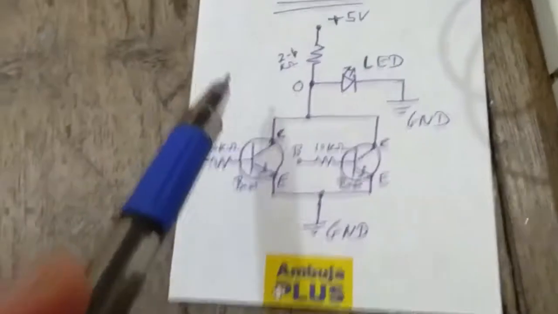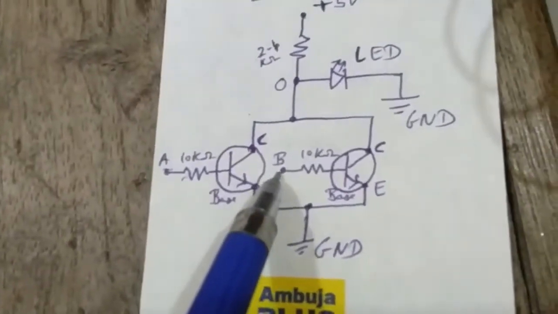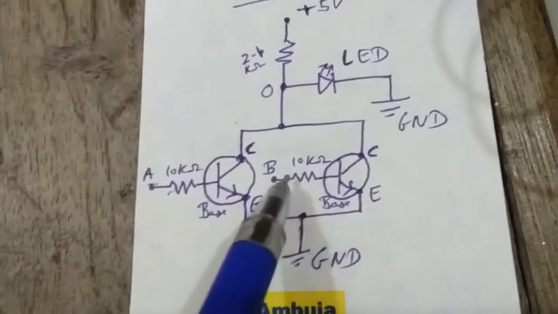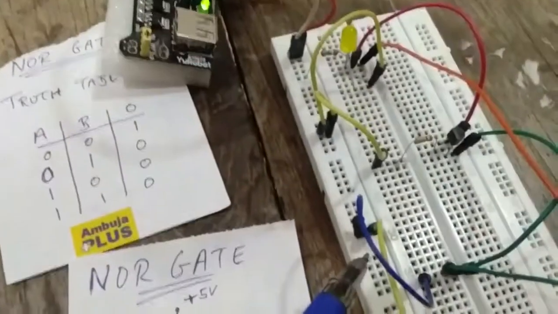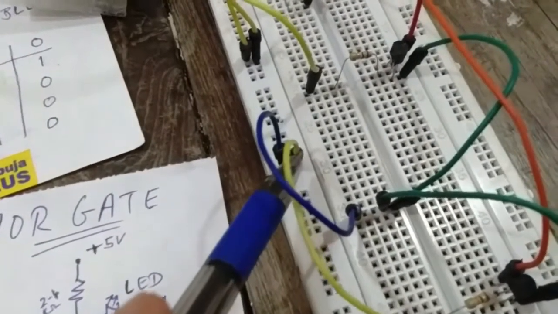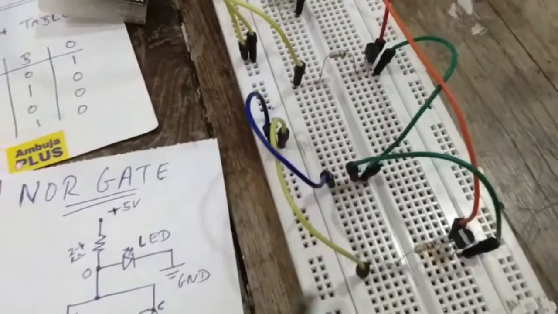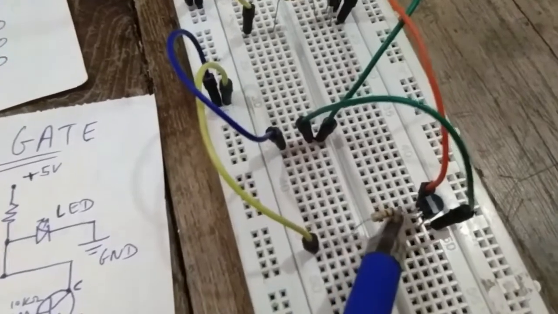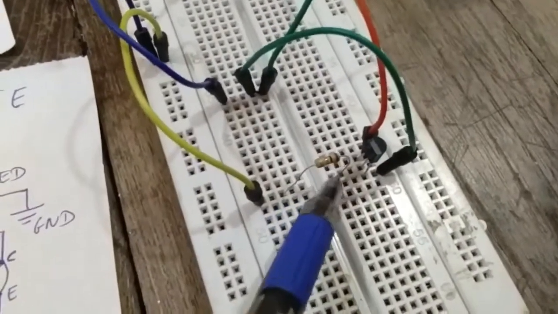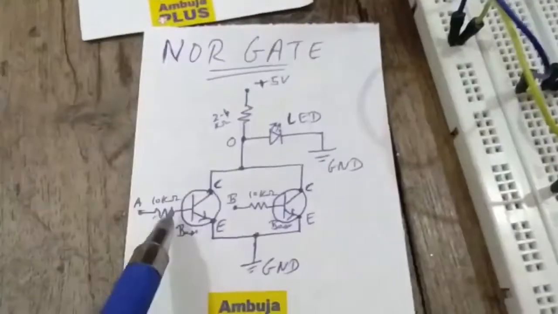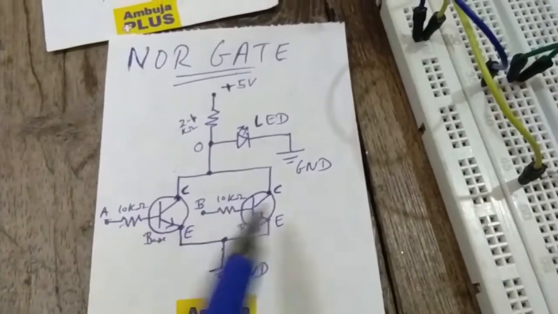Similarly, another input, that is B, is connected to the base of the second transistor through a 10 kilo ohm resistor. Here also you can see this was the first input. Now here you can see another yellow wire, which is also connected with the plus 5 volt supply, goes here, and is connected further to a resistor of 10 kilo ohms which then goes to the base of the second transistor. So this is this much part of the connection where we have connected the base with both the inputs.